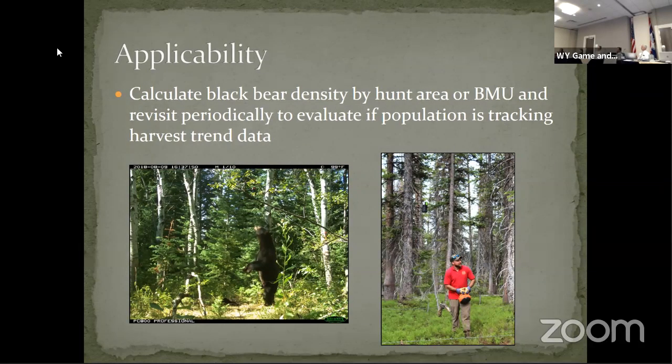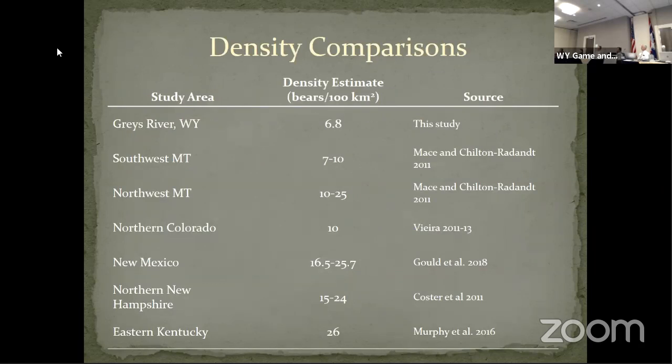So the Grays River was the first one we did. That was after the harvest was increased substantially, and so we would expect a lower density in some areas. Now, obviously, we're not going to have densities like they have in the east, but we're going to be able to do this through time. If we build this through time, we'll increase our understanding.